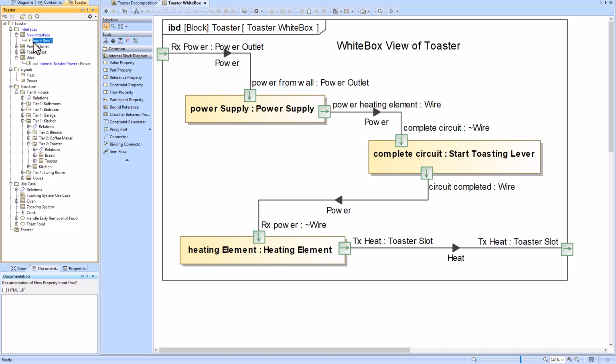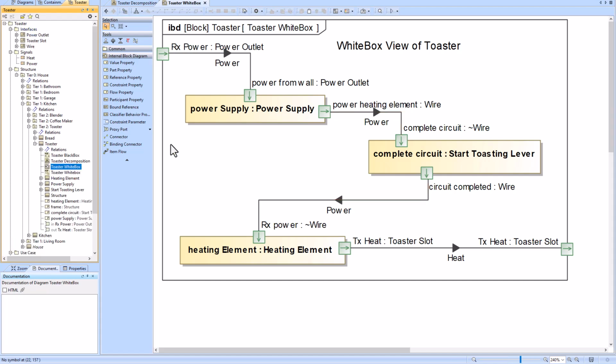In is inward, out is outward, and so in-out is both. So out, you see the arrow going that way. If I were to change this to in, the arrow will change directions, and you'll have flow incompatibility again because the power is going the wrong direction. But you saw that they changed directions there. So I'll change it back to correct, out, and then you just drag the signal onto the flow port